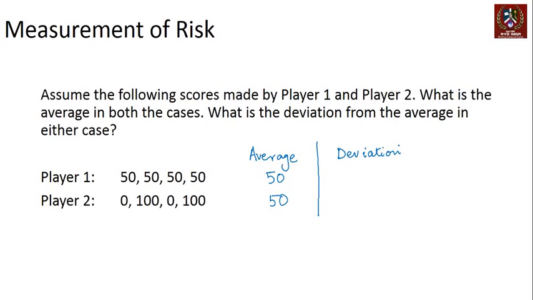So if I calculate the deviation from the average, in the first case, the player scores 50 every time, which means practically there is no deviation from the average. The average stays 50 and the player scores 50 every time, so there is really no deviation. In the second case, however, the player either scores 50 less or scores 50 more. So at any given point of time, if the player walks out to score runs, there is a deviation of 50, either plus or minus, right? If I take an absolute value, a 50 run deviation is going to come every time, right?